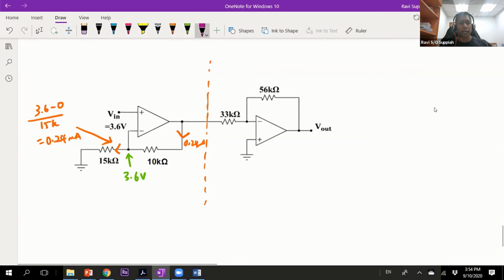With that, I can calculate the voltage drop here. V is equal to IR, so I'll get 0.24 milli multiplied